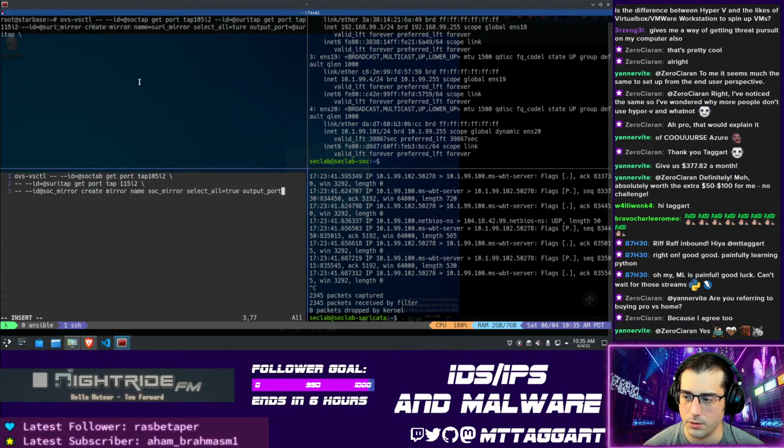Output port equals sock tap. Just now realizing that I said sock tab rather than sock tap. Okay. And then